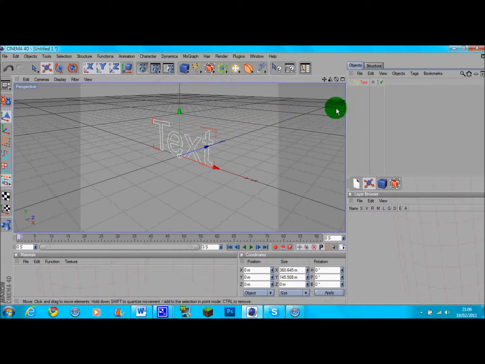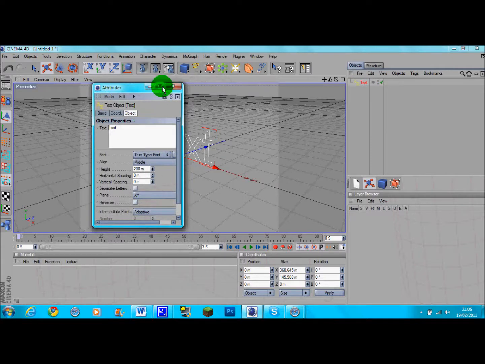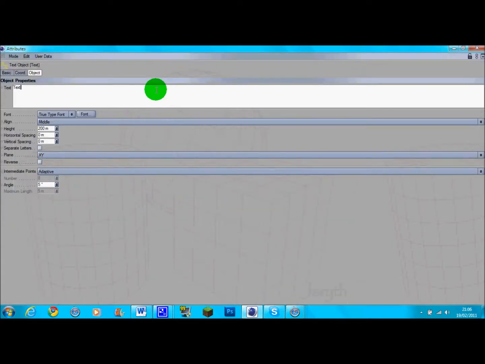Right, go on your text up here, you can see my cursor, double click on the little icon and it should come up with object properties. I'm just going to maximize this. Right, this is what you want your text to say. So I'm going to have it saying chaos,